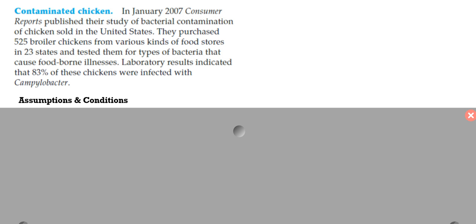So what is the percentage of broiler chickens sold in the United States that are infected with this Campylobacter infection, whatever, bacteria? This is what we're going to do with a confidence interval. We don't know what that true population proportion is. It's something we want to know, but it'd be really hard to try to test all the broiler chickens sold in the United States. So what we're going to do is construct a confidence interval, which is